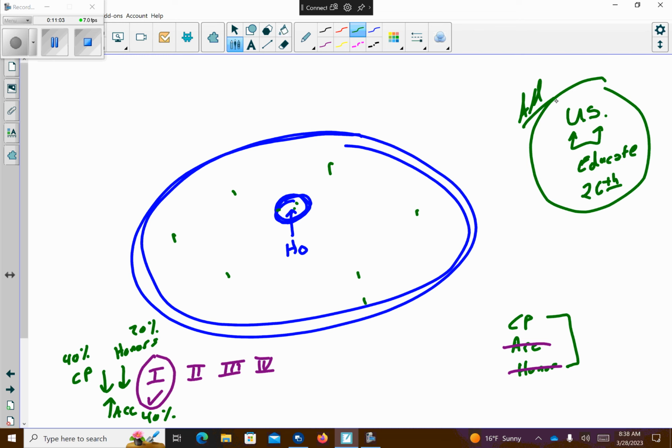There's other countries where when you are in kindergarten and when you're in 4th grade and when you're in 7th or 8th grade and when you are 10th or 11th grade or whatever their equivalent is,